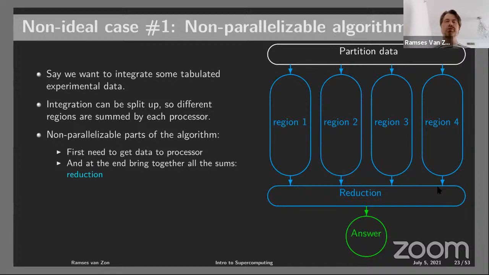That's called a reduction, where you have several numbers that still have to be reduced down to a single number. But again, this one, since they all have to be summed together, they all depend on having these results, is not purely parallel, right? So this is a non-parallel region, and then we get the answer. So you've got partitioning overhead, so parallel overhead, and then there's some serial fraction of the computation, where all we can do really is to give it to a single core to finish it up.